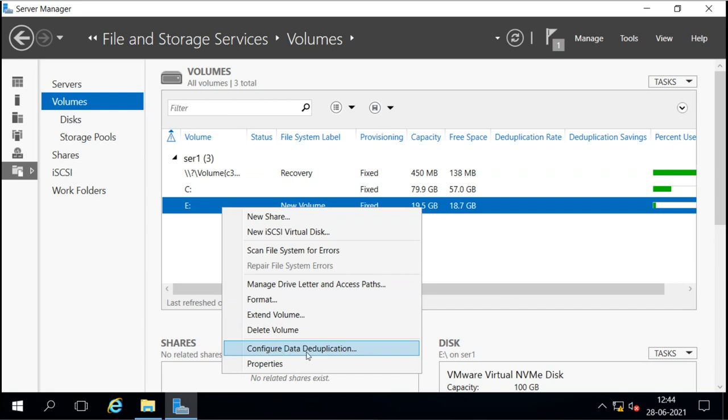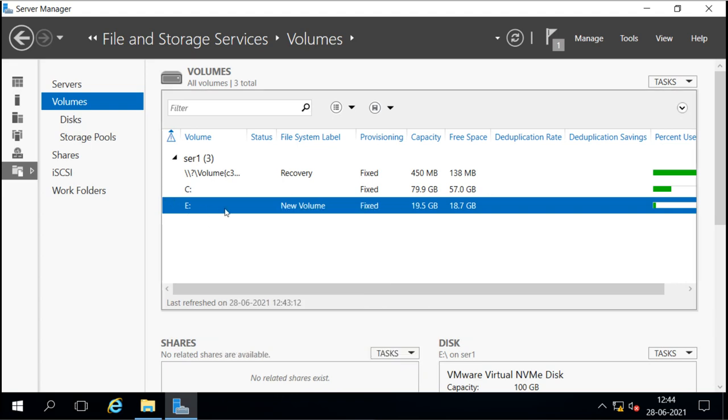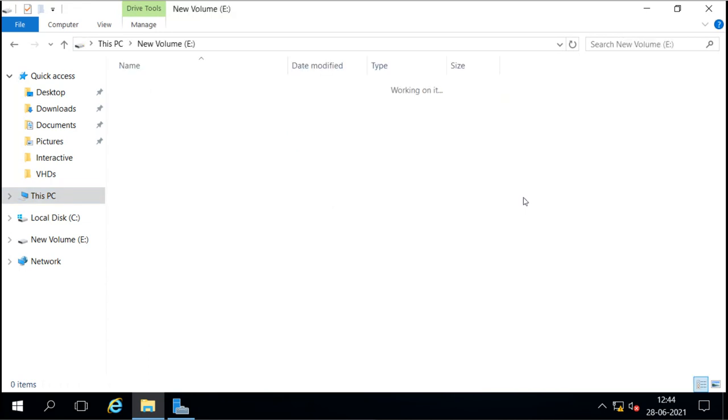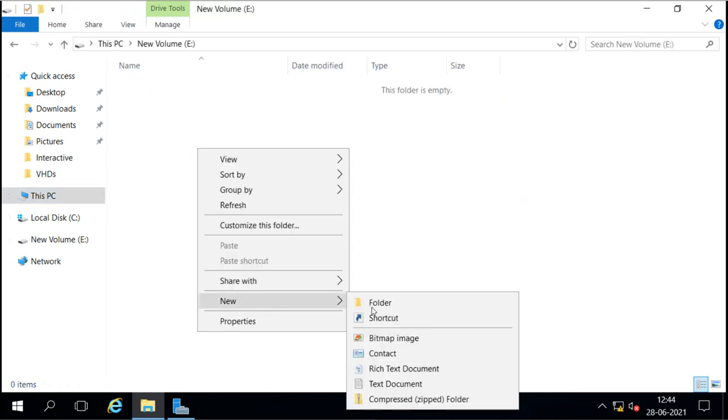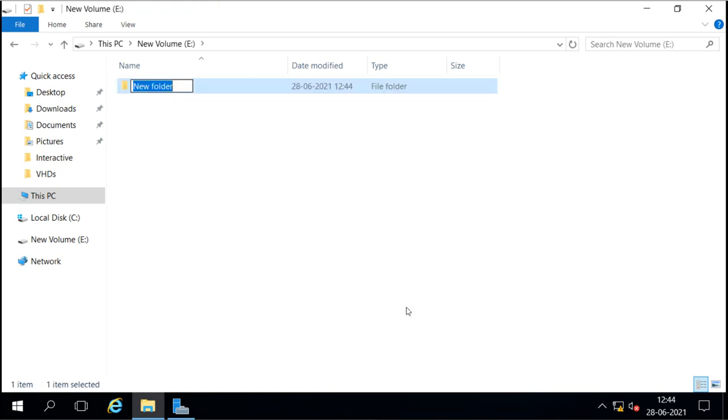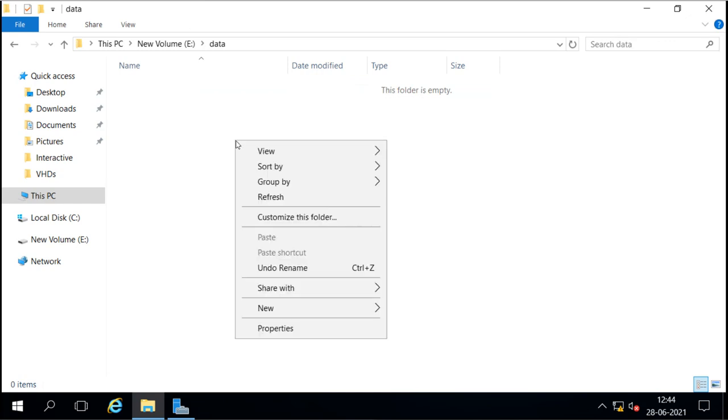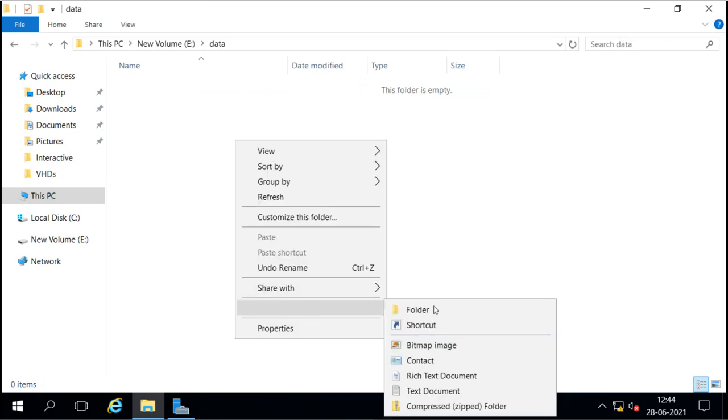Before enabling it, I will create some data. Right now there is no data on it, so I will create some first. I go to the drive and create one folder here, and under the folder I create a file.